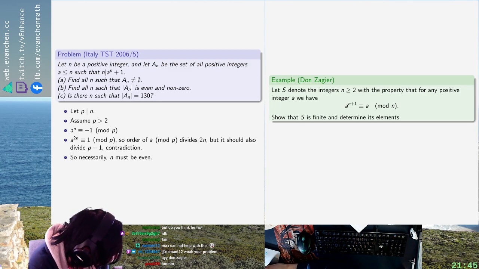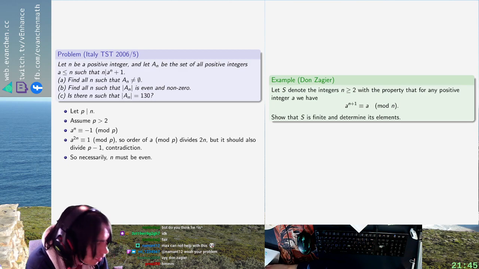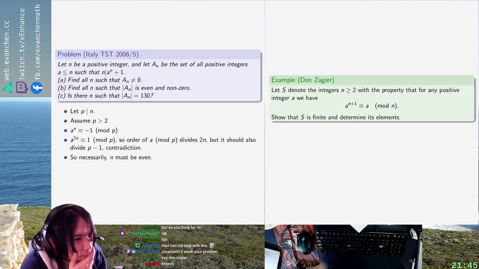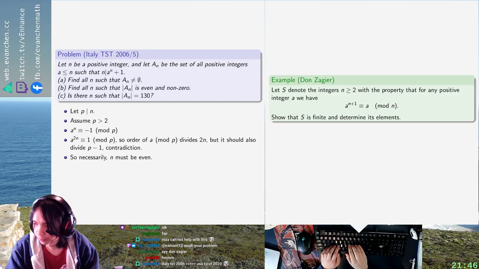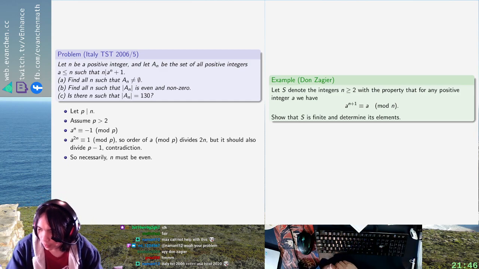No, it's slightly different. In this problem, you have the property for every integer a, but I want it just for some integers a. Anyways, okay, so n has to be even, and if I do the same dance mod 3,